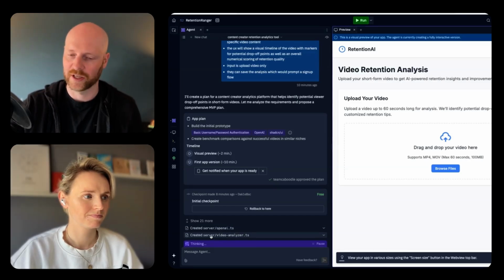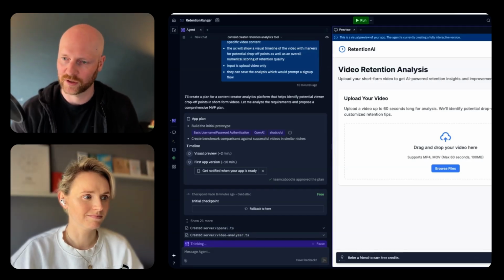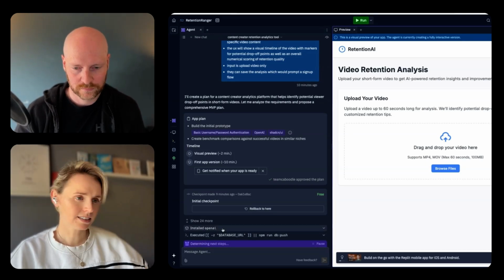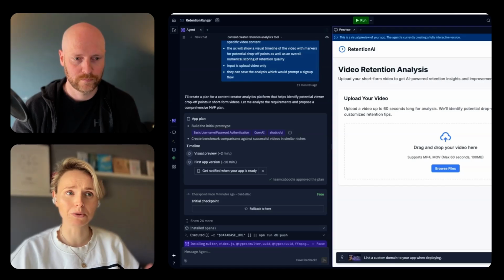I know a lot of people are saying that these AI tools have no idea about security. I think for newbies, that needs to be covered, doesn't it? Yeah, that is really important. And it is interesting, these newbies. There are people that are completely